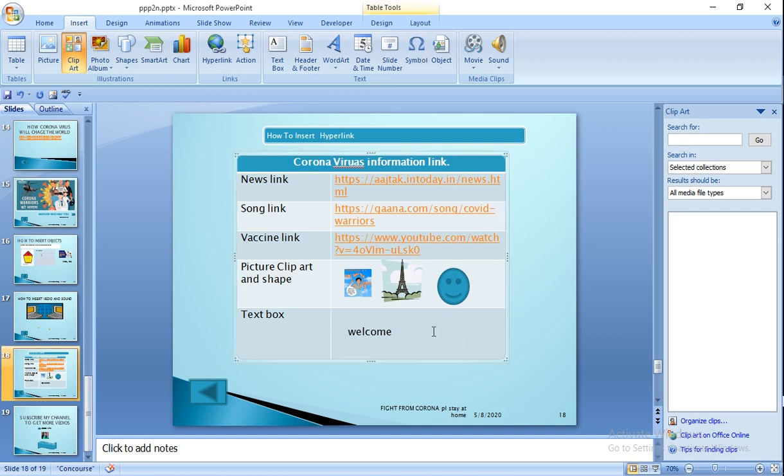Then insert WordArt. When I want to convert this, how to insert.